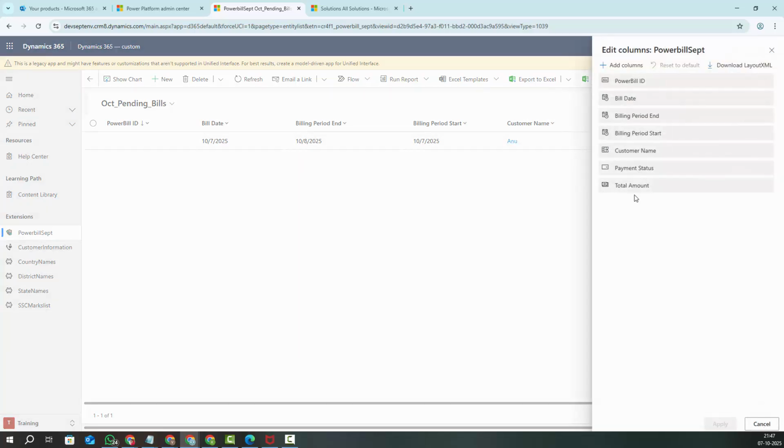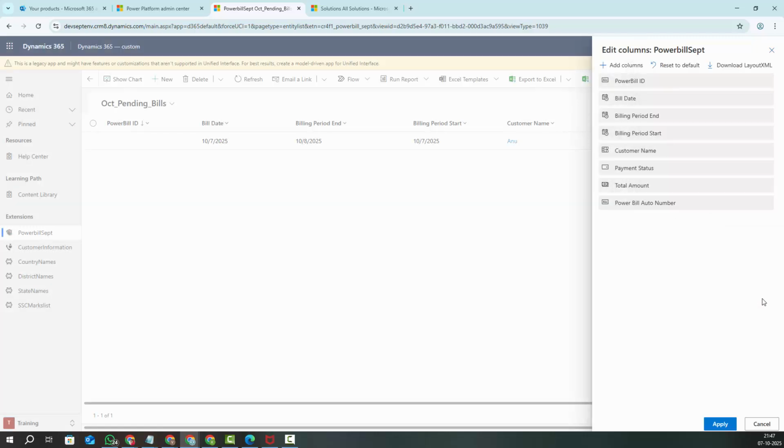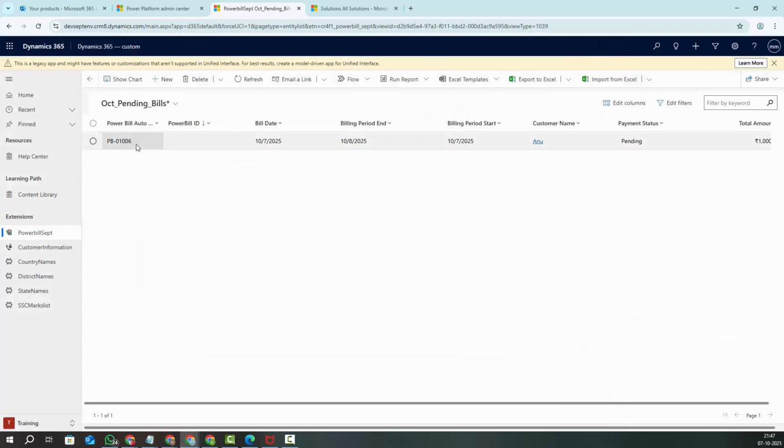Just edit the power bill auto number column. We have to add it. Power bill auto number column, close it. You can select it. We can add columns and we can remove columns from the main screen itself. See, power bill ID, only one ID is there. But you see, this is the end. Okay. So descending order, it will come. Okay. So if you want